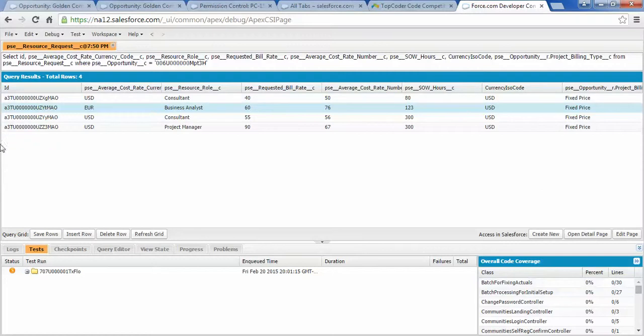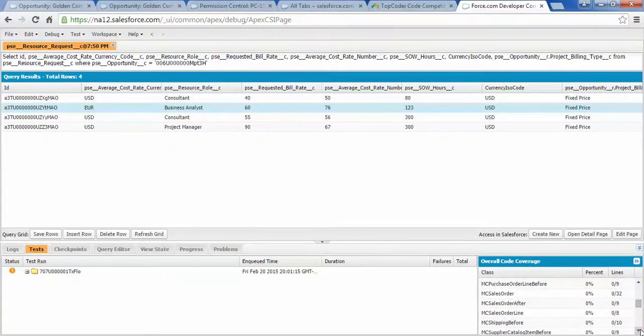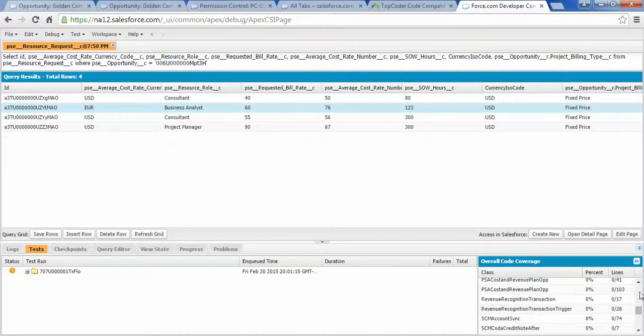When it finishes, you can see it's more than 90%. It is taking time, so I'm not elongating this video anymore. You can test when I submit this code. You can easily check what the coverage is on these classes.